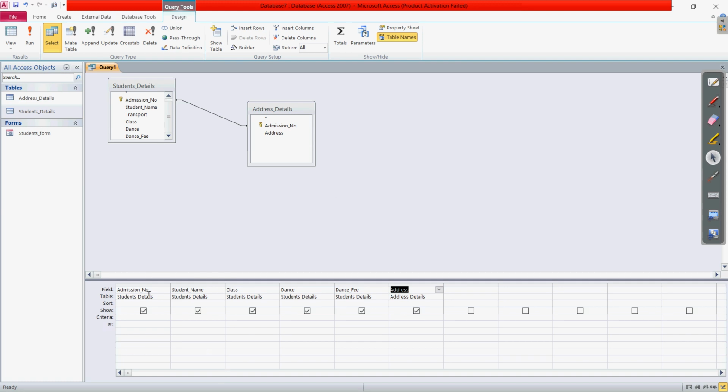And here we have another option, if you want to apply some criteria, there is an option for using criteria. We will see that further in this chapter. So I hope it is clear how we can add the different fields to this query grid.